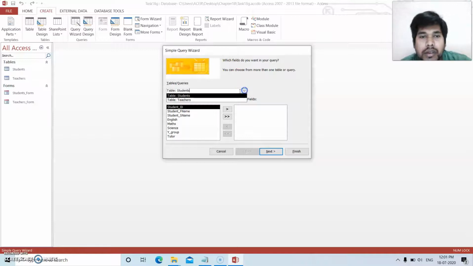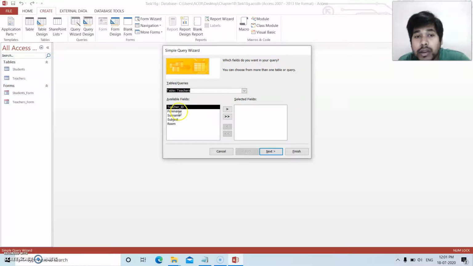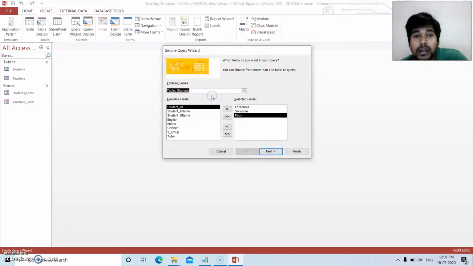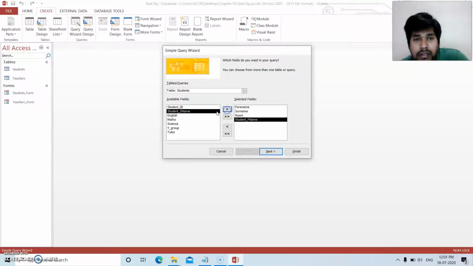Now the first table is the teachers table. Select the teachers table. What do I want to display? Teacher's first name, surname and room number. Only these three, so select these three. Now select the other table. This is the student table. From this I want to display student name and surname, also the maths, right?